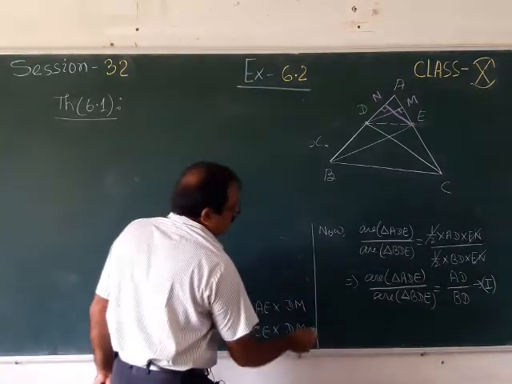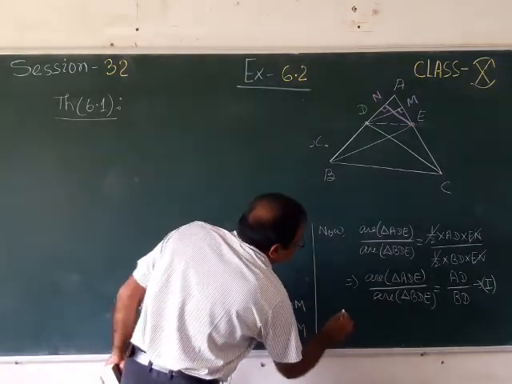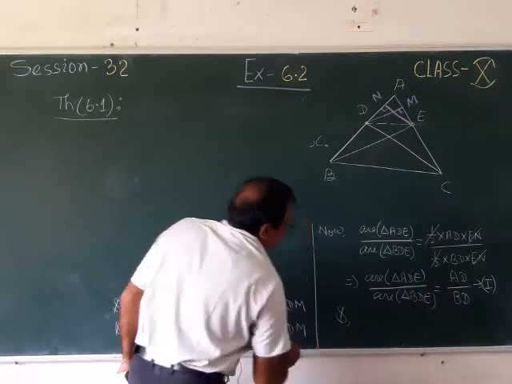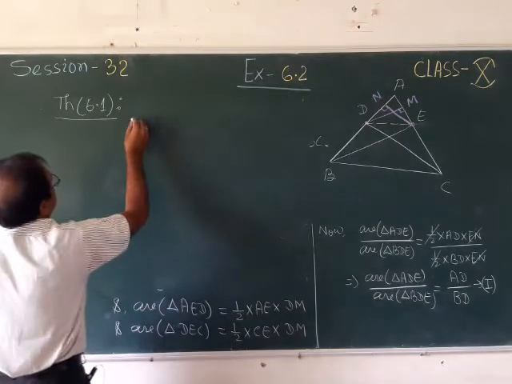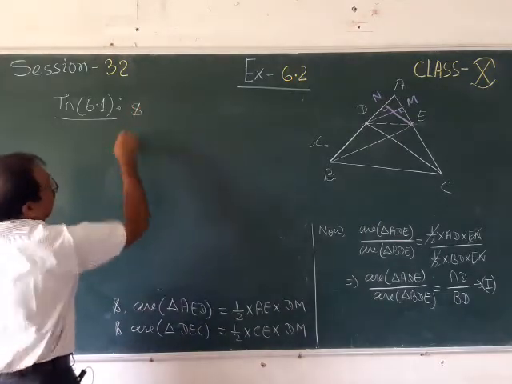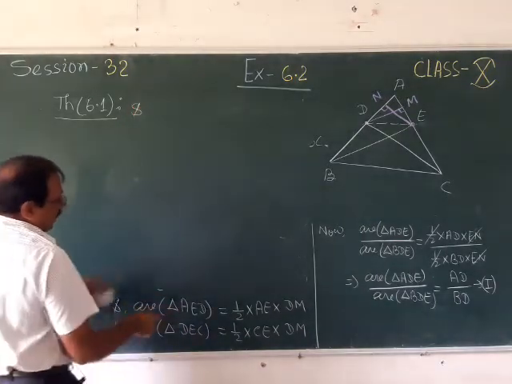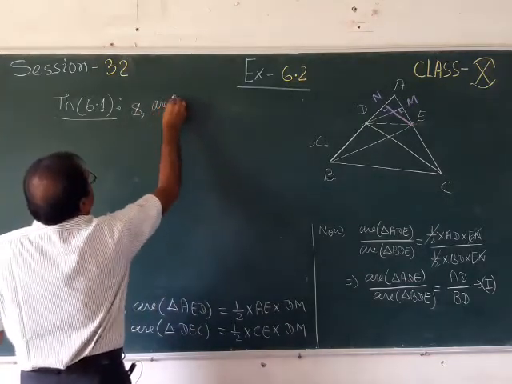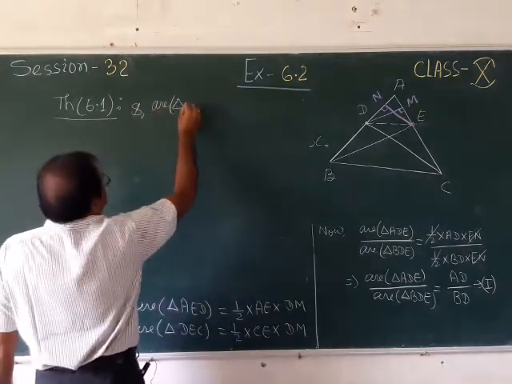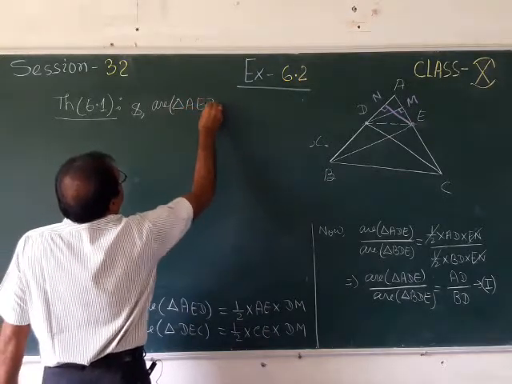You can write the and sign, and as there is no space I am writing here, and once again I can take area triangle AED upon